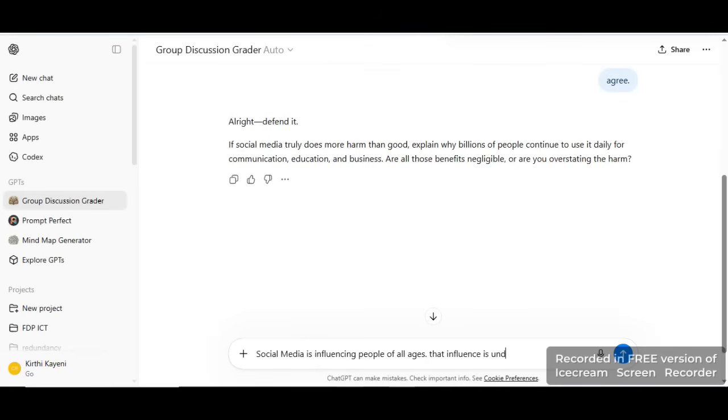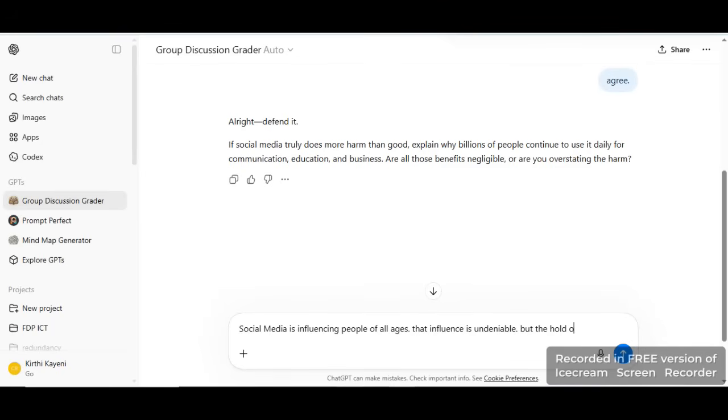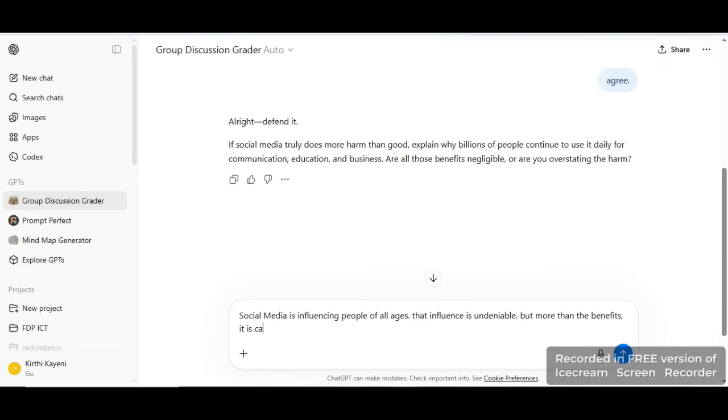Again, it is responding like a real person. See how it is defending itself: influence isn't inherently negative, and wasting time is subjective. Each and every point of mine is shattered. So again, I need to think of something new. So I'm thinking of something new and typing, trying to defend my point. The chatbot has given me this topic on social media influence. It has taken this side, and I am typing my own argument here.